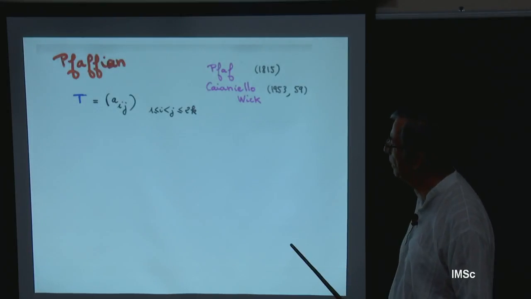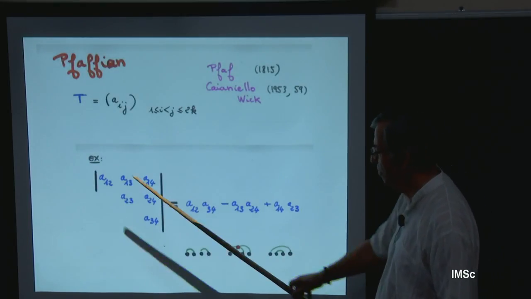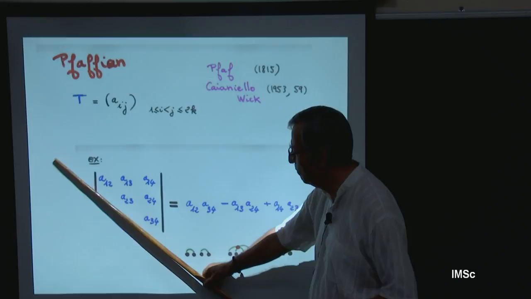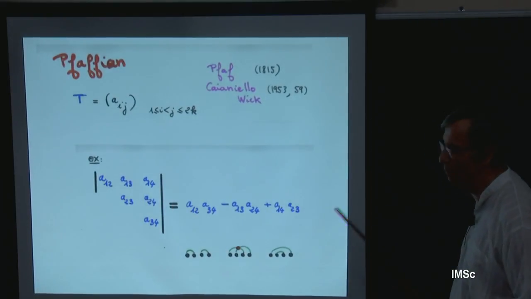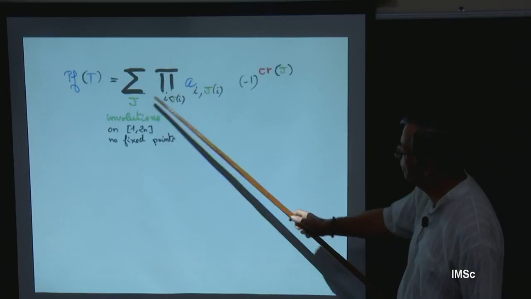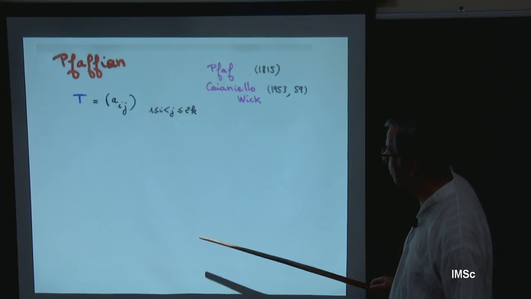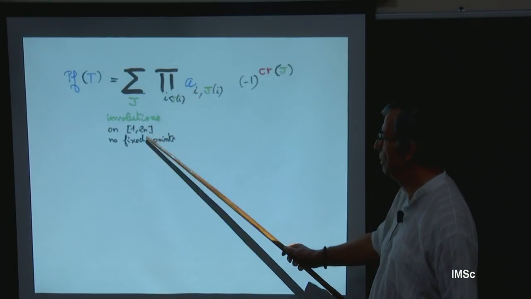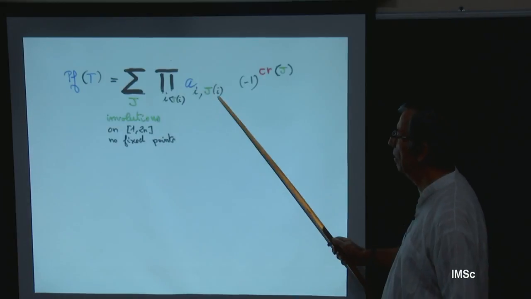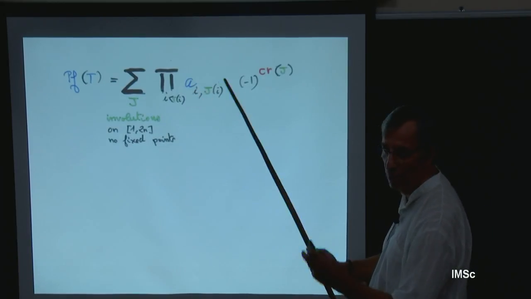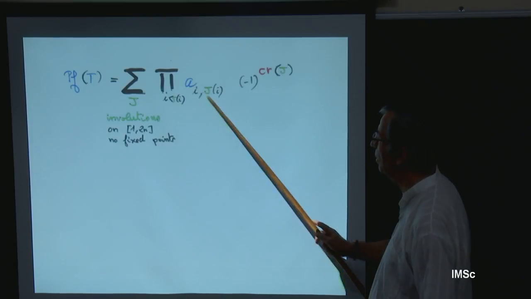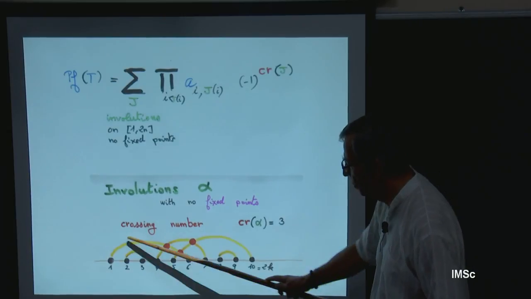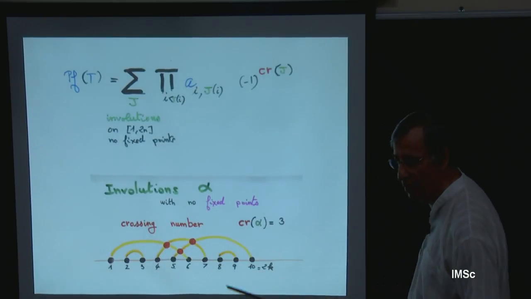And then there is a Pfaffian methodology. So the Pfaffian is more or less, intuitively, half of a determinant. A determinant is summing over all permutations. The Pfaffian is summing over all involutions with no fixed point. The Pfaffian of a certain tableau, half of the tableau, like this, A_ij, is the sum over all involutions with no fixed point of the product over all the chords, like a chord diagram, of A indexed by the chord, times -1 to the number of crossings. So we have seen an involution with no fixed point has a number of crossings, and then you take